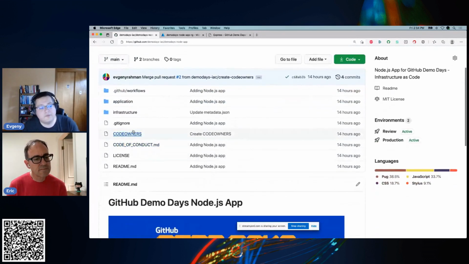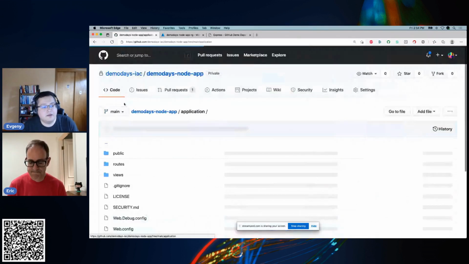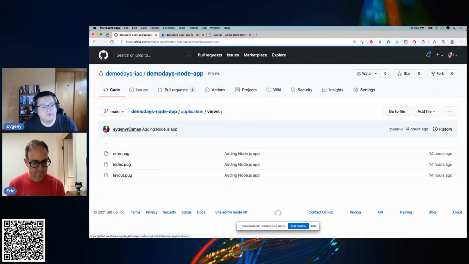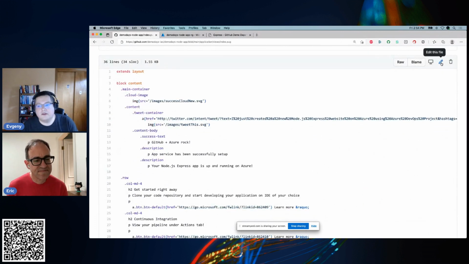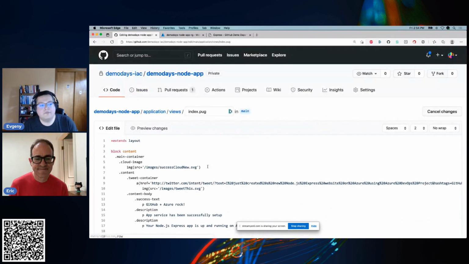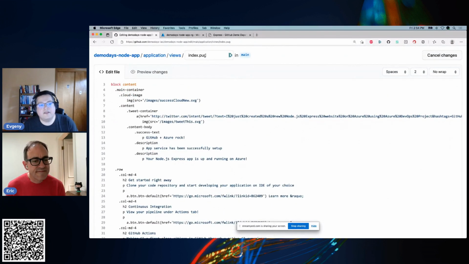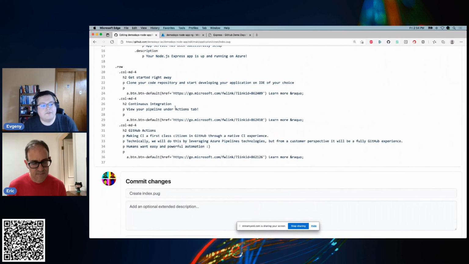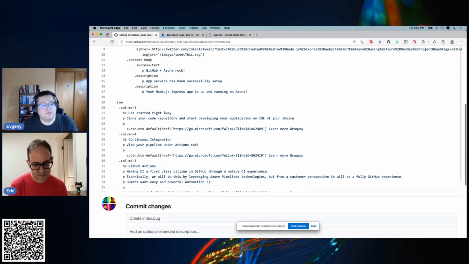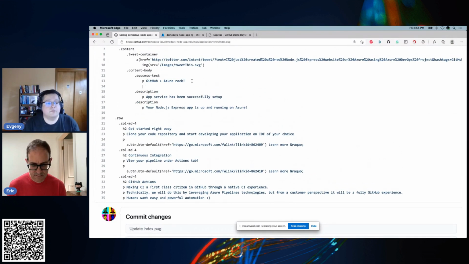And I will show you where I'm going in. I'm going to do this entirely from the web UI just because you can. GitHub has a very nice web editor. If you haven't looked at it before, I suggest you check it out. And the power here is behind this pencil icon. And we are in an edit view for that index.pug that I was talking about inside the application. So we are in the application's views index.pug. And so here we have this message with, GitHub plus Azure Rock, right? So we do not contradict that fact, but we want to add something. And we want to say, hello, demo days.